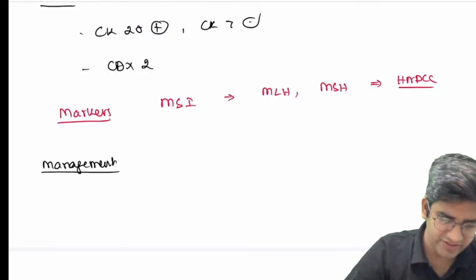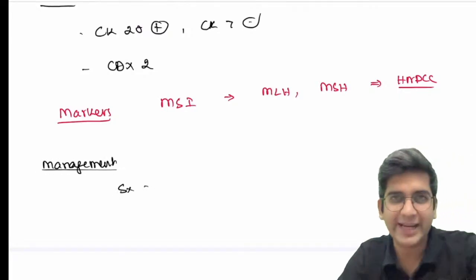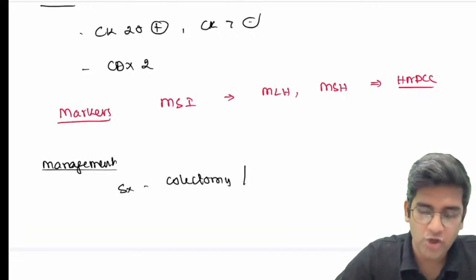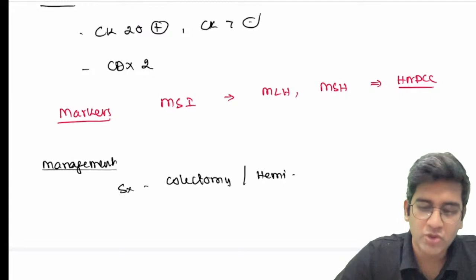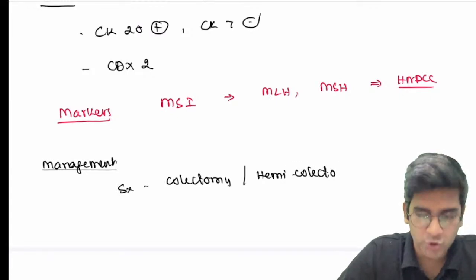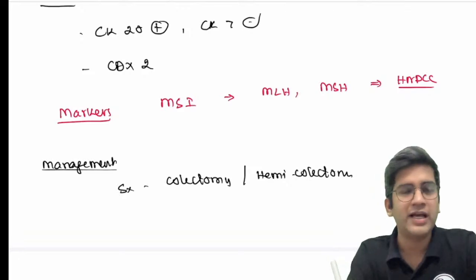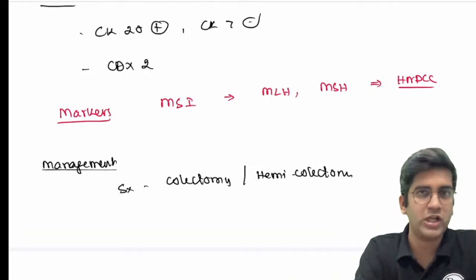Instead of writing surgery as such, try to give a name to the surgery. Colectomy or a hemicolectomy. Mostly a hemicolectomy only, based on the tumor extension where it is involved. We try to cut the colon, half of the colon will be removed and have a colostomy bag throughout life. That's what is going to happen.